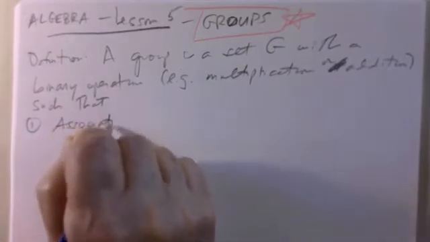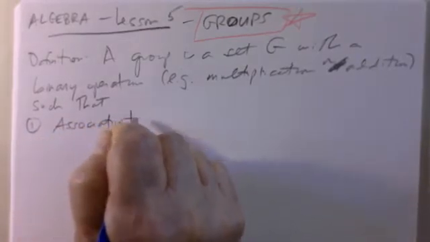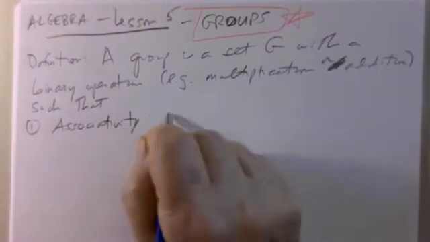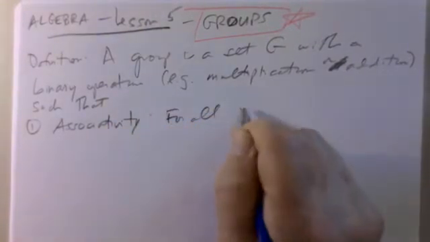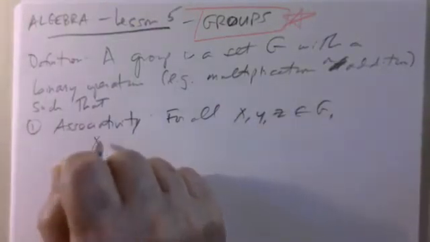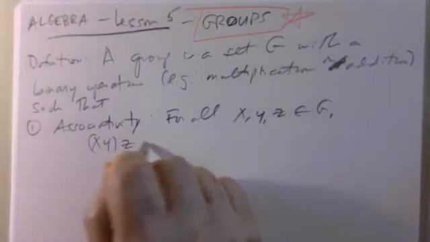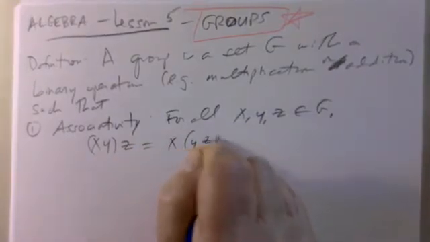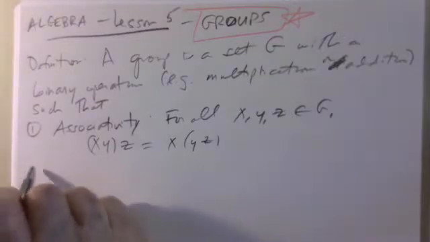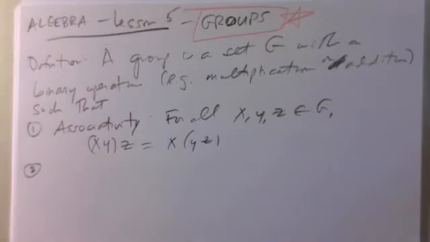the multiplication is associative. So we have the property of associativity. For all elements x, y, and z in the group, xy times z is the same as x times yz. So for example, multiplication of real numbers satisfies this, addition of numbers satisfies this, and so on. Second,